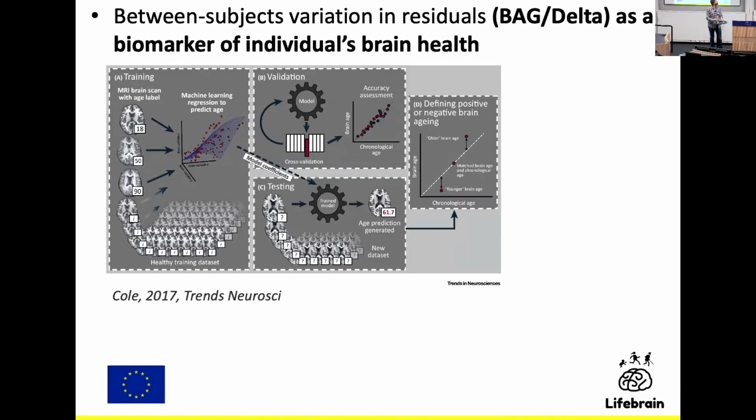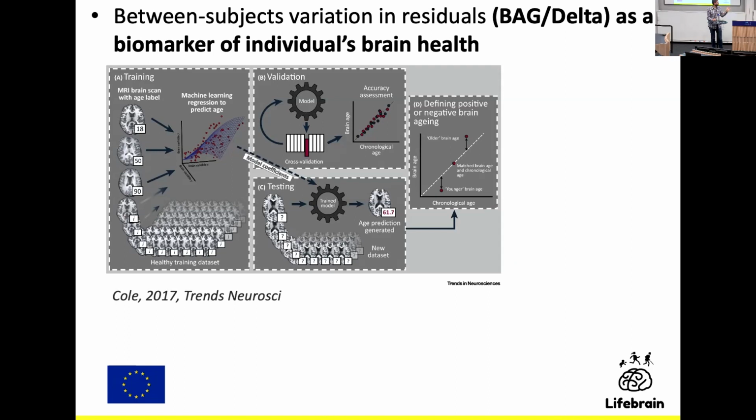So, what is brain age? I think most of you already know, but still I'm going to repeat a little bit. Essentially, brain age is a measure which we estimate by applying machine learning to a series of MRI features to estimate chronological age. Here you can see a typical pipeline. We often use, although not always, two data sets, one for training the model and one test data set of interest, in which we apply the model and get a brain age for each individual.